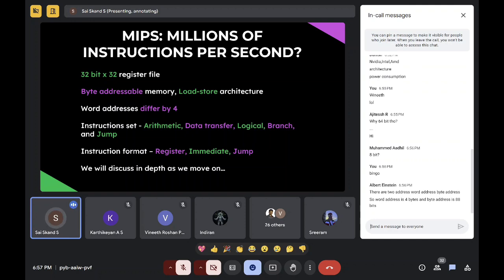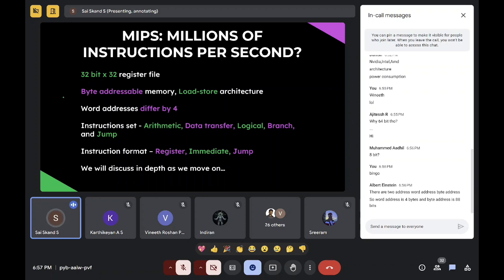So word addresses differ by 4. Can anyone understand why it differs by 4? You can understand that this is a 32-bit processor. 32-bit registers are there, and each byte is 8 bits. Can you come up with why it differs by 4?